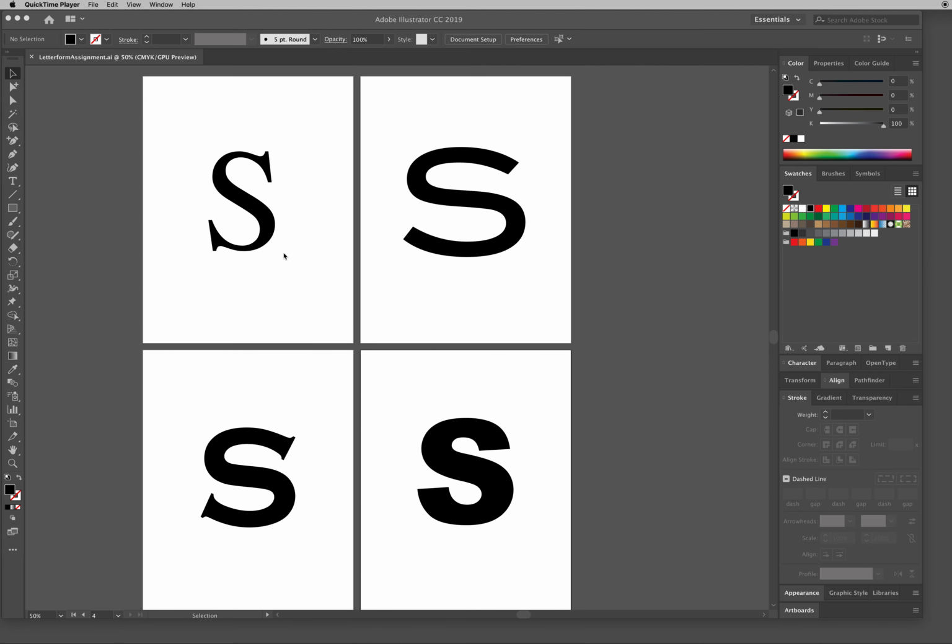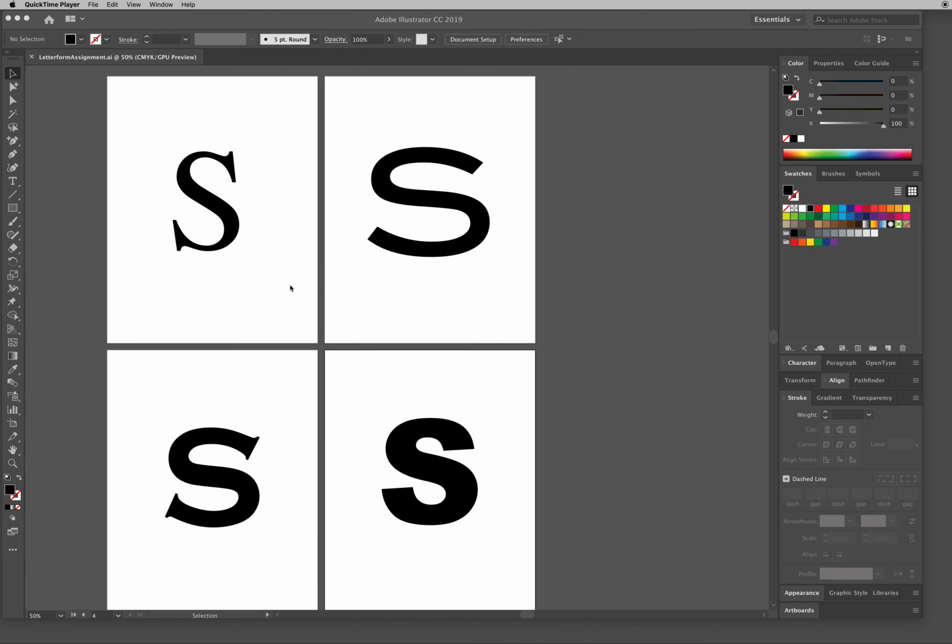Okay, so now let's talk about the four different ways that I want you to manipulate these type forms or letter forms. They can represent objects like the seahorse that I mentioned earlier, or you could try and draw a leaf or something, or integrate an object into it if you want to, or you can try and just customize and make a really unique, cool looking letter form.